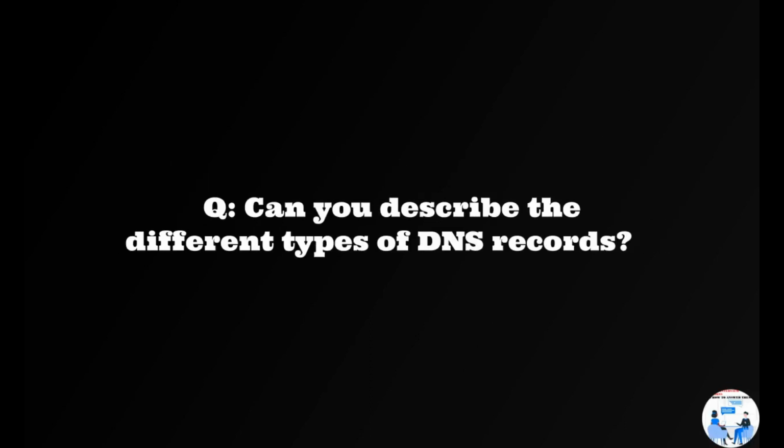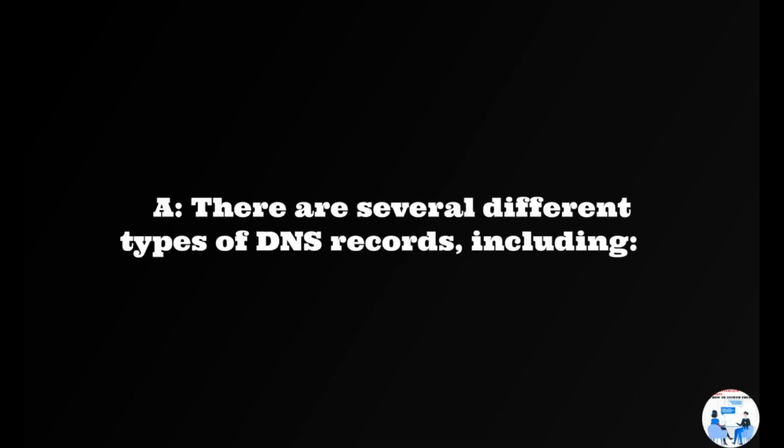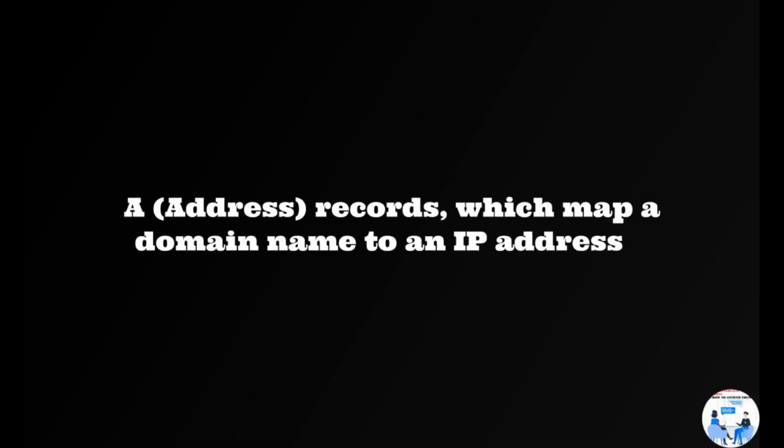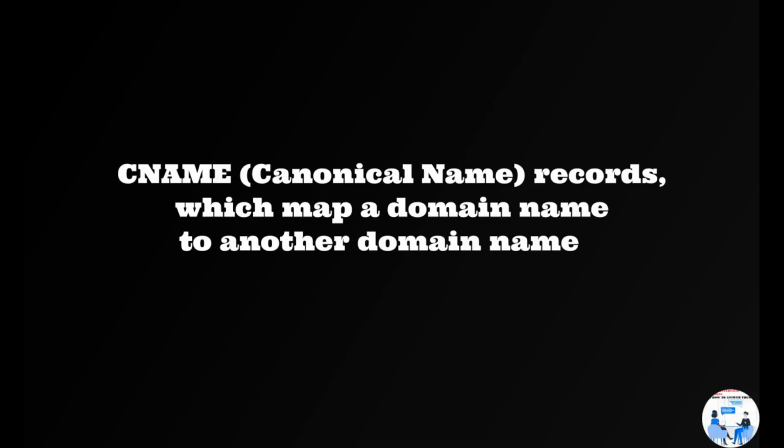Q. Can you describe the different types of DNS records? A. There are several different types of DNS records, including A, address records, which map a domain name to an IP address;